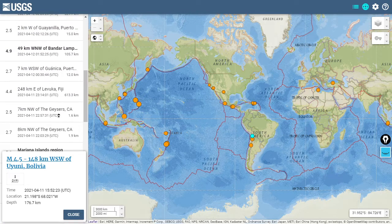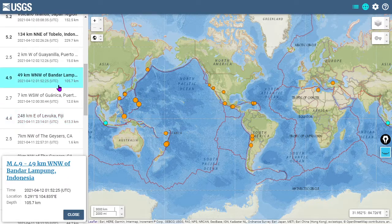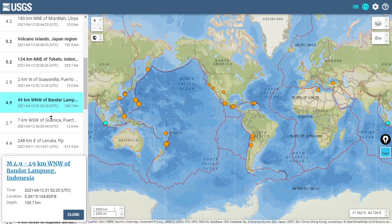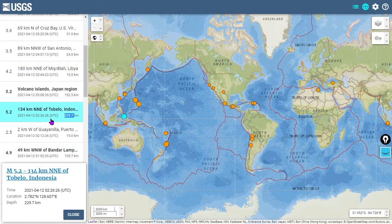Fiji also saw a deep quake over 600 kilometers depth there. Indonesia saw a deep quake. So quite a few deep quakes happening here. Another deep quake in Indonesia, one of the largest of the past 24 hours, as well as this